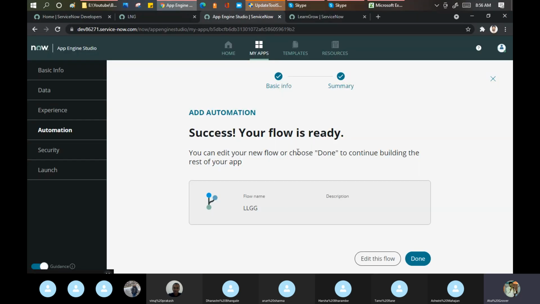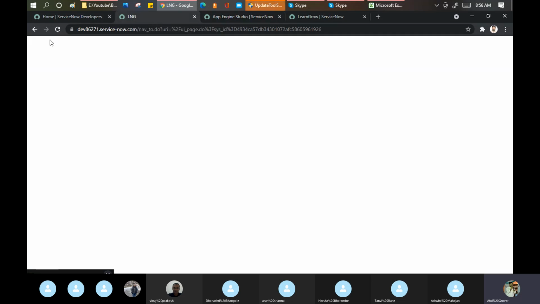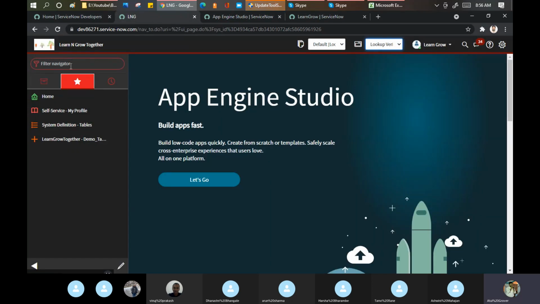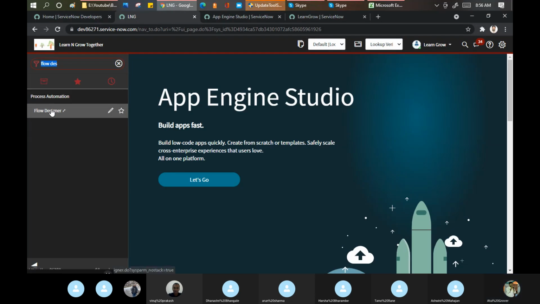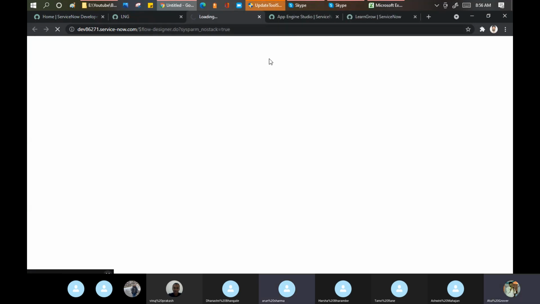Nothing new is there. If you create a flow designer, let me open the flow designer. Yeah, because here the layout was different in the flow designer, right?